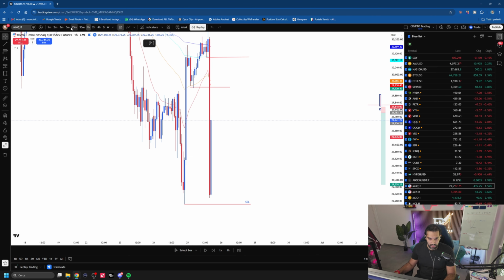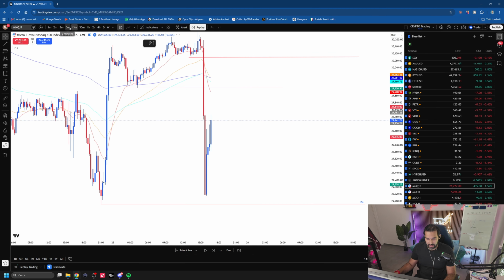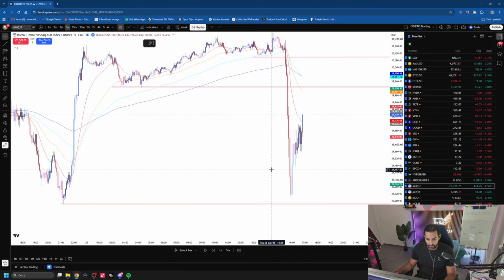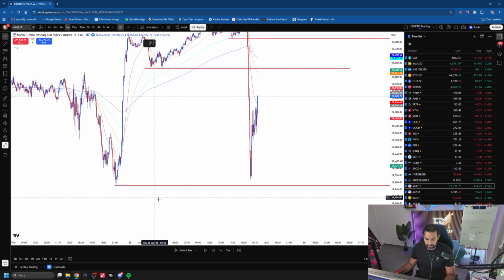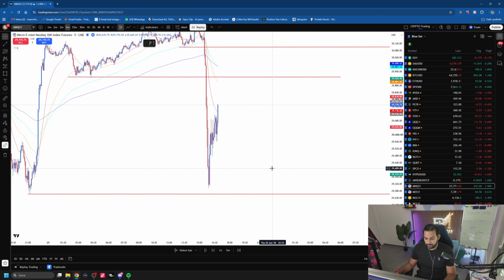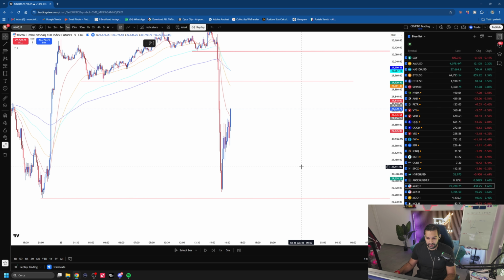But again, what we see here is very weird. So the market comes all the way down. It doesn't swipe the previous SSL right here, on the hourly time frame, and then it starts reversing. For me, this trade is a trade that I will probably never take, simply because if we look at the market condition on the hourly candle,